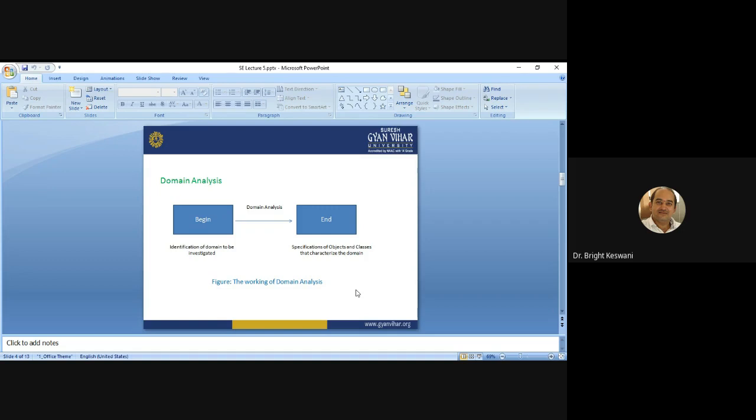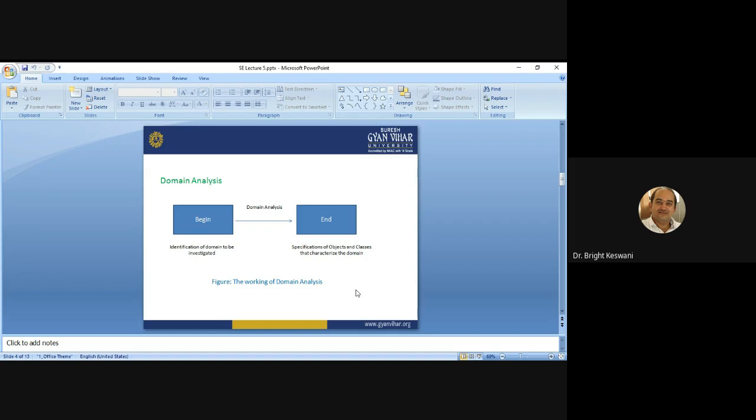Okay, so there are some major goals of domain analysis. The first major goal is that domain analysis is an ongoing software engineering activity. It is a continuous software engineering activity that is not connected to any one software project.